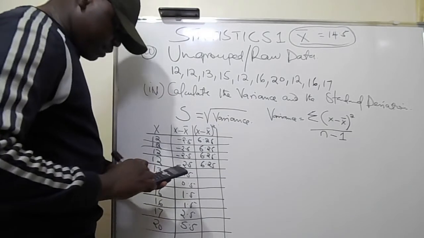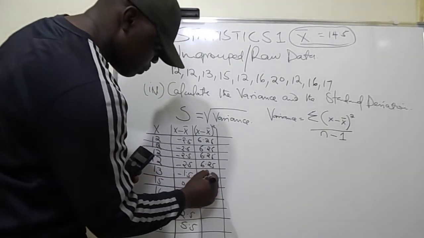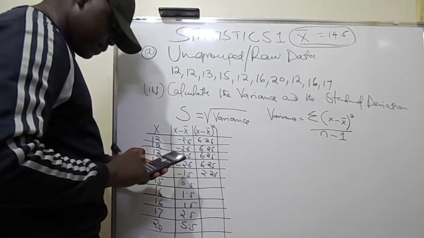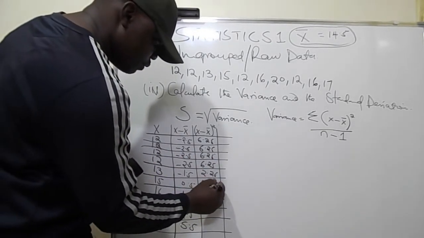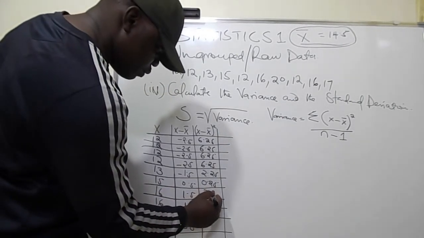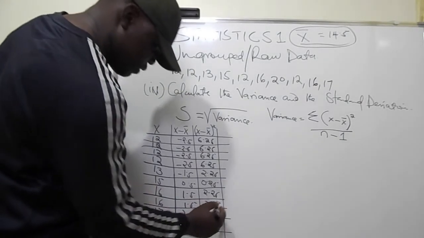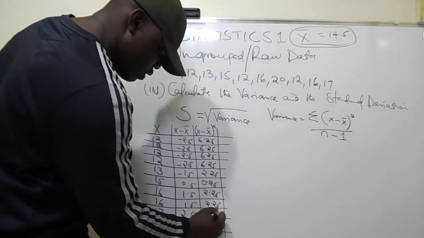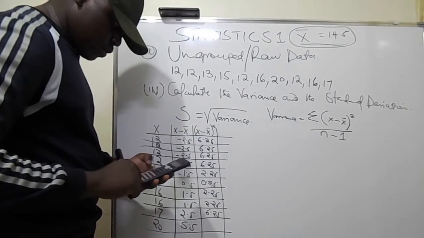And 1.5 squared is going to be 2.25. 0.5 squared is 0.25. 1.5 squared is 2.25, the same. Then 2.5 squared is going to be 6.25. 5.5 squared is